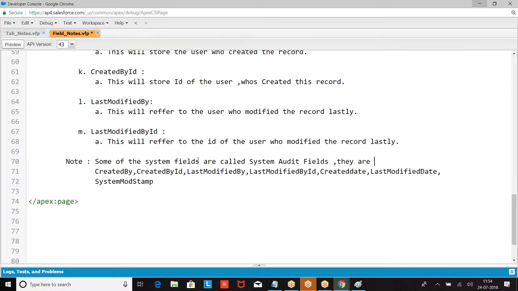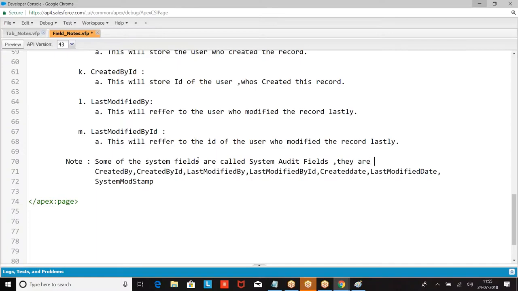Then what is the next concept we had? Custom field. Standard fields we already told, right? Any field created by Salesforce. If we have a standard object, who created all those fields? Not the user. Standard object means Salesforce created it, right? Account, who created? Salesforce. Fields, who created? Salesforce. Contact, standard object. Who created the fields? Salesforce, right? I hope you are good with this. Everyone is good? Any query on this concept?